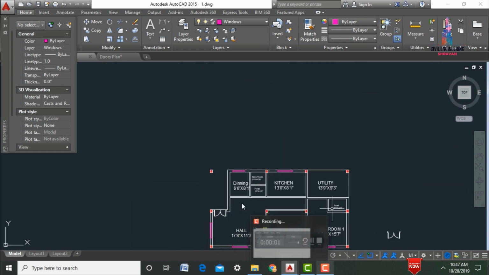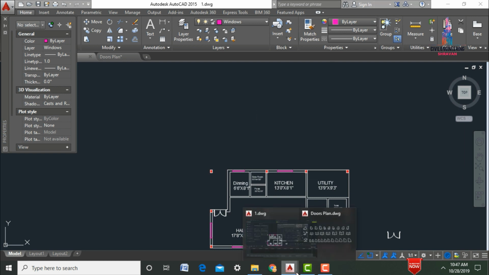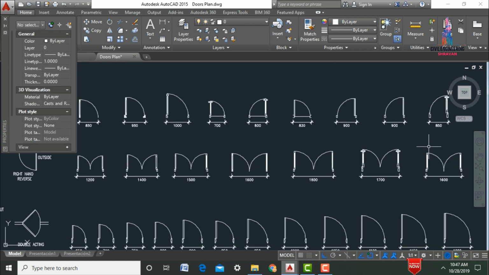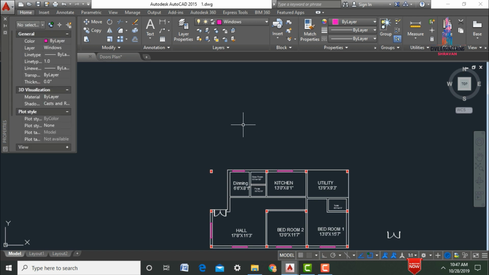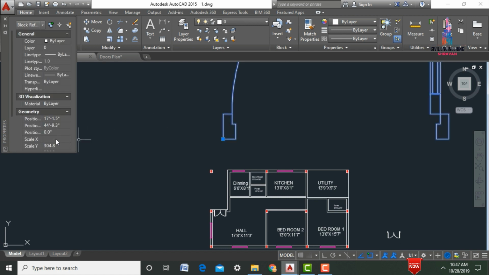After that we need to create one single door panel for this building. For that, again go to the doors panel. Here I am selecting this block, pressing Ctrl C to copy. Here we need to paste the block with Ctrl V and select the base point. Now we need to change the dimensions, so select this door. Here I am assuming 10 in the X direction scale and 10 in the Y direction scale.